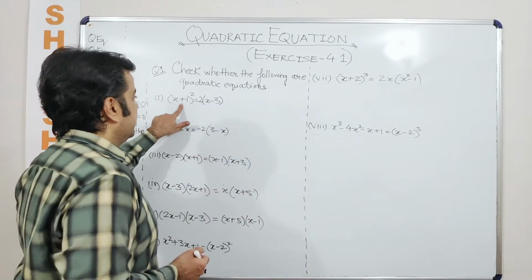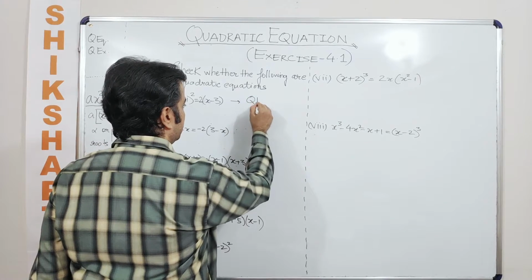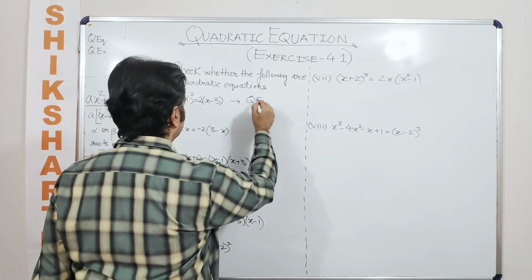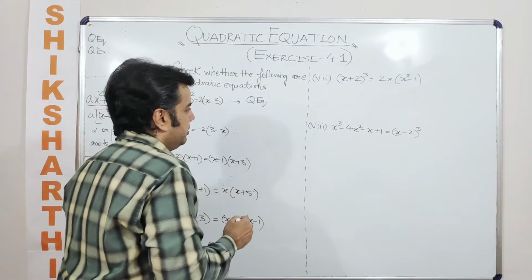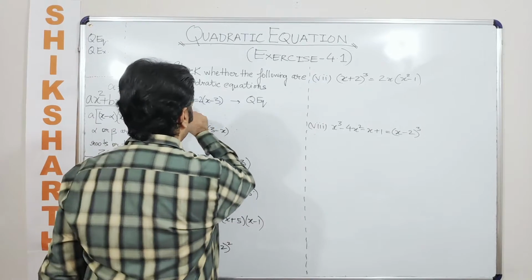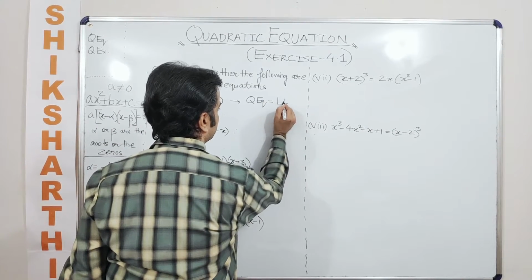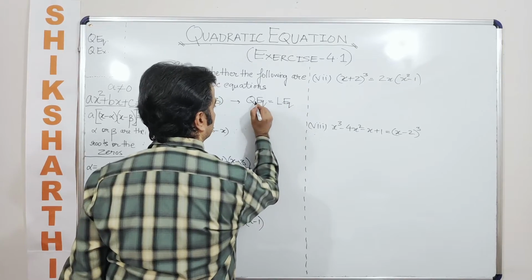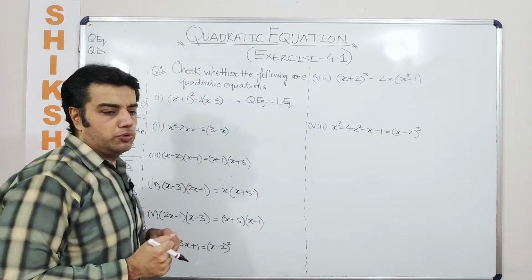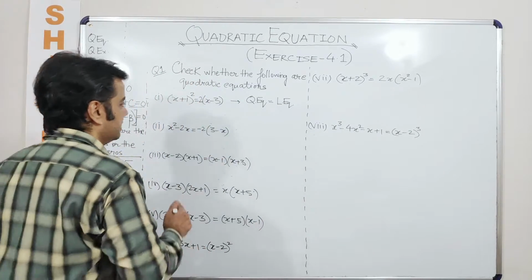So if I see the first variety here, on one hand a quadratic equation is given. As discussed earlier, we will be using the abbreviation for quadratic equation as this. So on one hand there is a quadratic equation given, and on the other hand there is a linear equation given. So will this result in a quadratic equation? Blindly you can say yes. Now let's justify this answer.